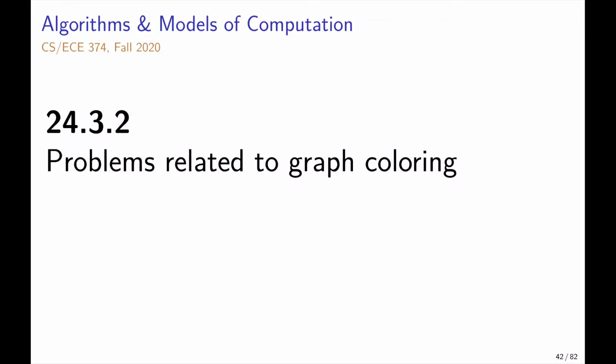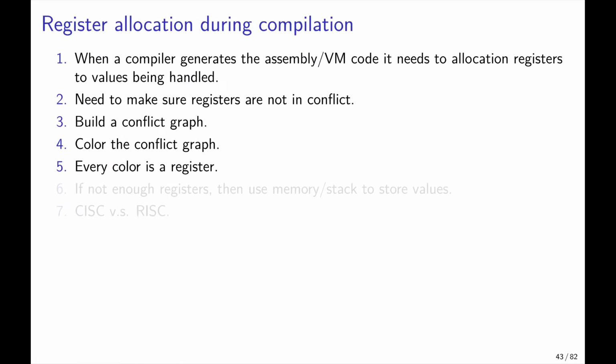Okay, so before doing the reduction, showing the tree coloring is NP complete, let's maybe talk a little bit about why this problem is so important. So maybe the coolest application of graph coloring is register allocation. Every compiler essentially needs to do register allocation, right? You generate the basic assembly code, but then you compute values and you need to assign the values to registers, right? So what the compilers do, they generate a graph where you have the values that